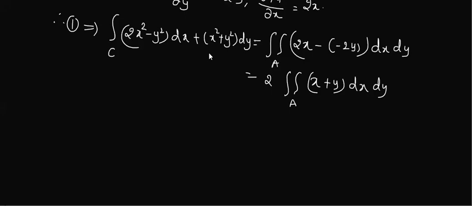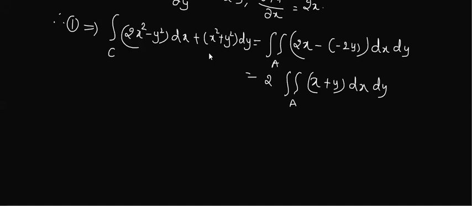Why? Because if I do it, first we have to do it with respect to y. So it becomes xy, then y square by 2. Y square by 2 is okay because you will get a square minus x square. But what about xy? There it is x into root of a square minus x square. So that becomes a little complicated. If you are happy with that, you can continue. But let me use a concept because this is one of the standard examples. I need to follow in a standard way. So we are going to convert it into polar coordinates.